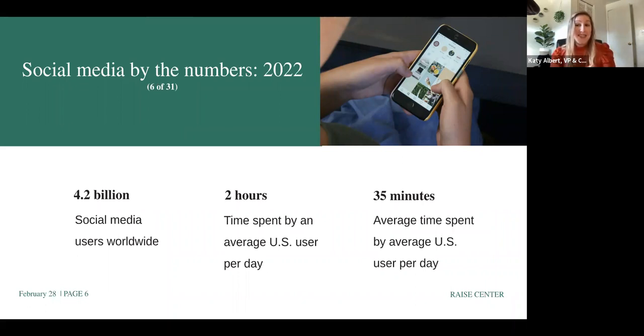We do know that teenagers in the United States can spend 3 to 9 hours a day on social media, just significantly more than the average 2 hours. But if you have a teenager, I think you can agree with me there. And we also see Facebook, Instagram, and TikTok being the top 3 channels where people are spending most of their time per day.